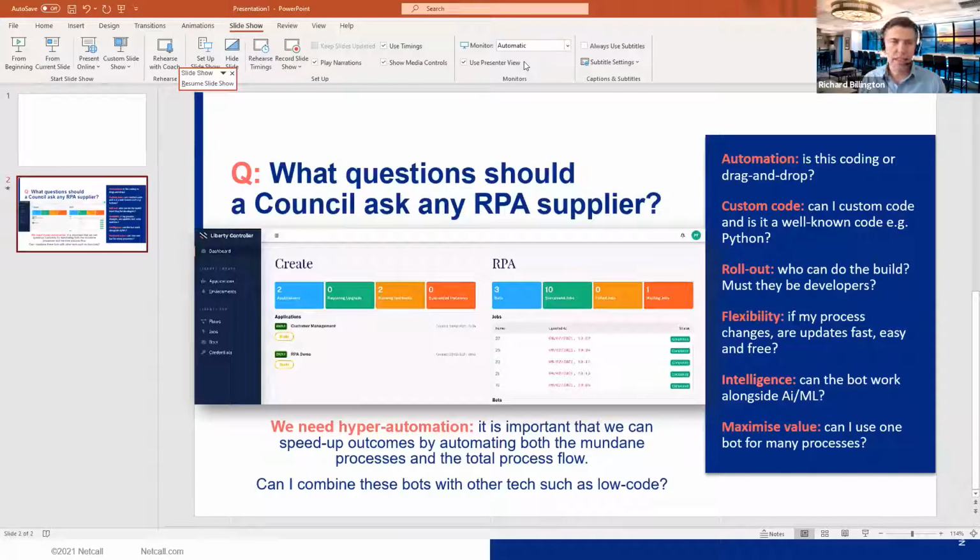There is definitely a move towards hyper automation, and hyper automation will cover low code, RPA, and AI and machine learning. And therefore, we're trying to bring together the best of that within our platform. And I'm sure there are other vendors doing exactly the same. But knowing what that vendor is able to offer you as a toolkit for digital transformation is key, because otherwise